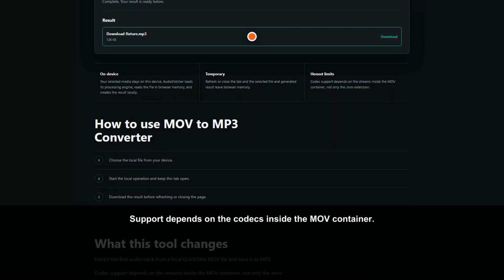Support depends on the codecs inside the MOV container. Keep the original until you have listened to or